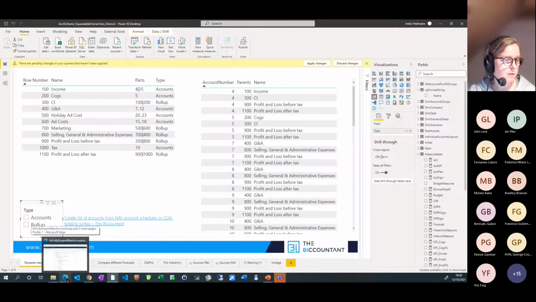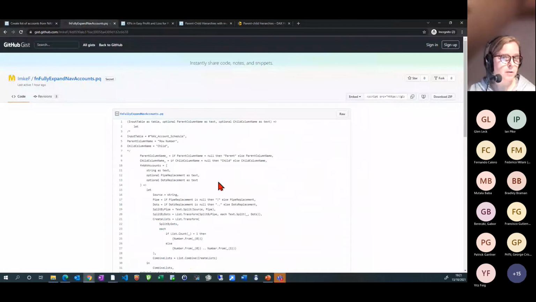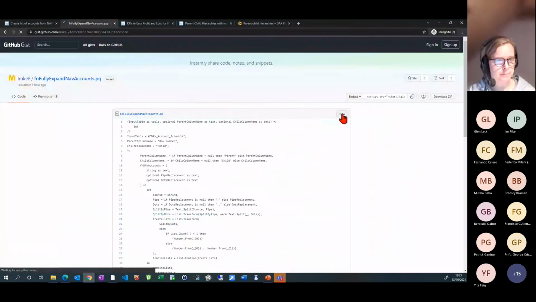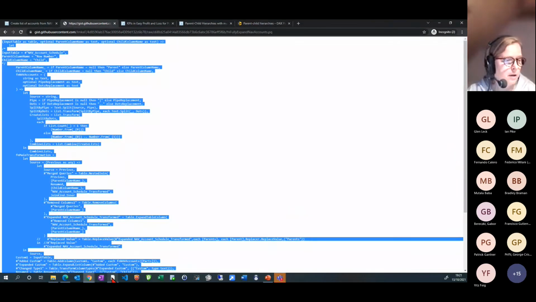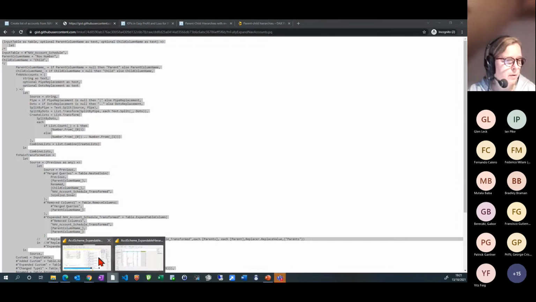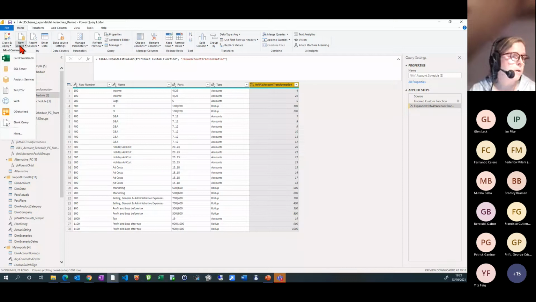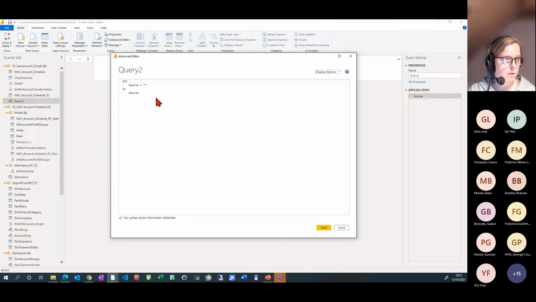I've created a function for that as well. I haven't published it yet, I just uploaded it an hour ago or so, so it's really exclusive. You can just go to my GitHub and copy this function over here. And if I copy this function code and go back to Power Query in my Power BI, and again create a new query and copy the code in there,